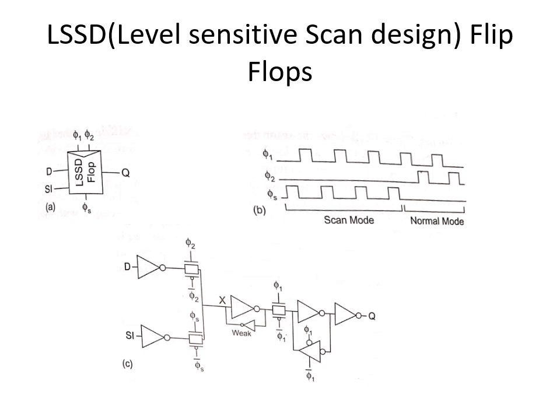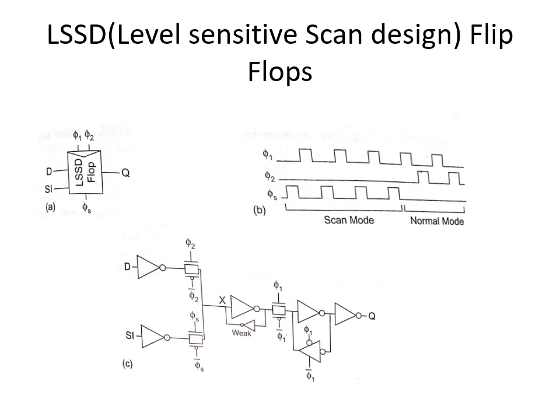These problems can be overcome by adding delay buffers on the SI input to the flip-flops. One more approach to overcome this is to use level sensitive scan design. This level sensitive scan design is a methodology that was developed at IBM. It uses flip-flops with two-phase non-overlapping clocks. During scan mode, a scan clock phi s is toggled in place of phi 2. You can see this in the figure.